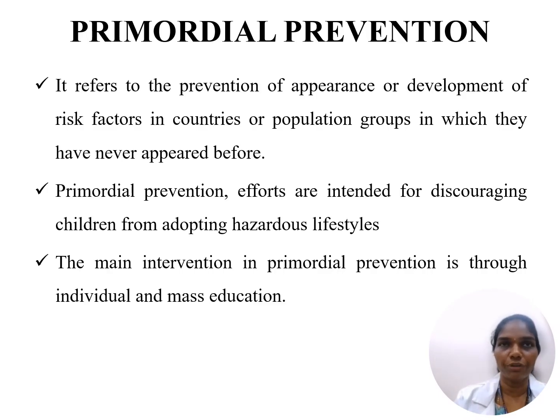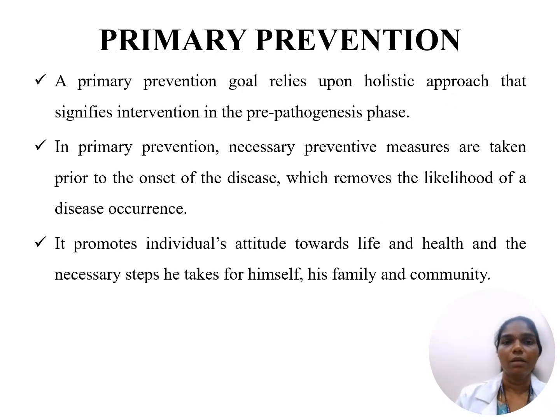When we go for the community visit or when we are organizing some mass health education program, we can have this type of topics, and we can educate the children about the good habits, good lifestyles, so that they can bring a very big change in future. So that is primordial prevention. Primordial prevention is nothing but we are controlling the risk factors from the occurrence itself. We are not letting the risk factor itself to grow. So that is primordial prevention. Next we'll see about the primary prevention.